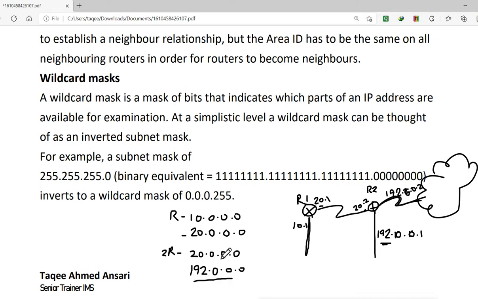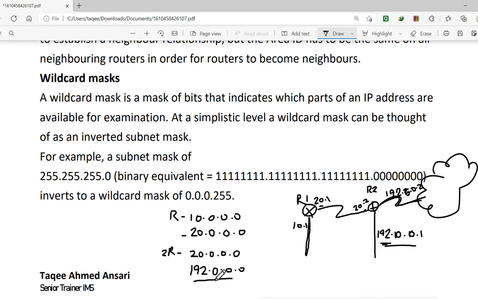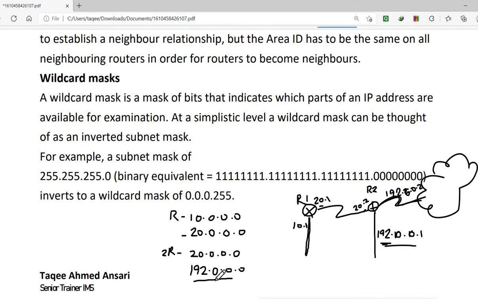So in this case what happens, RIP does not support classless, so it will always go by the network. In RIP we don't have to mention anything, we just have to mention the network. If you mention the IP address, it will still take it as a network. Now what is happening here in router 2, it will add these two networks, network 20 and network 192, into the routing table and start sending the information on the interfaces of these.